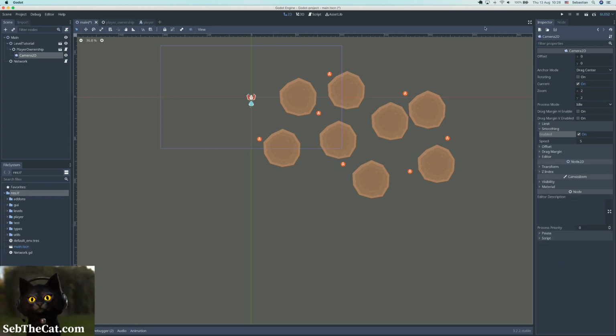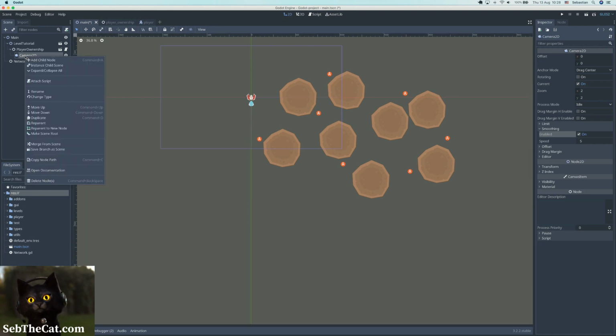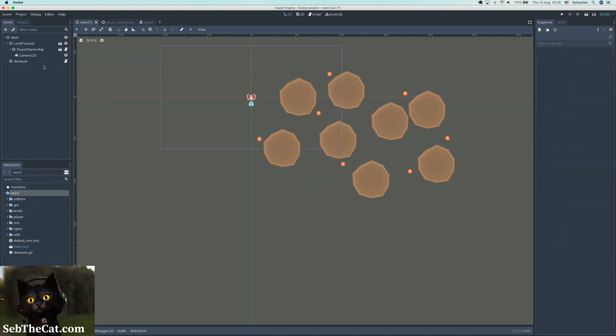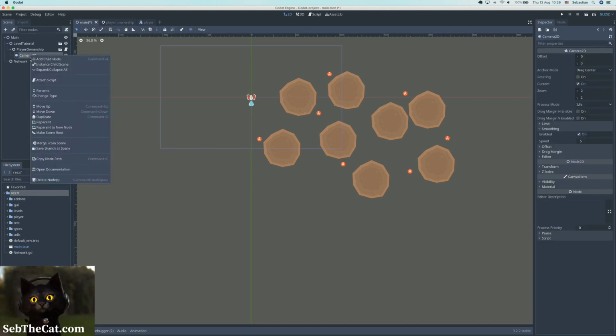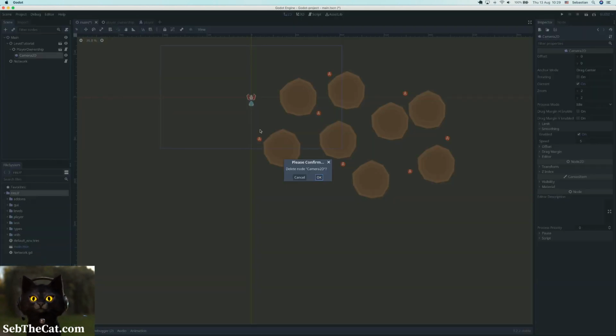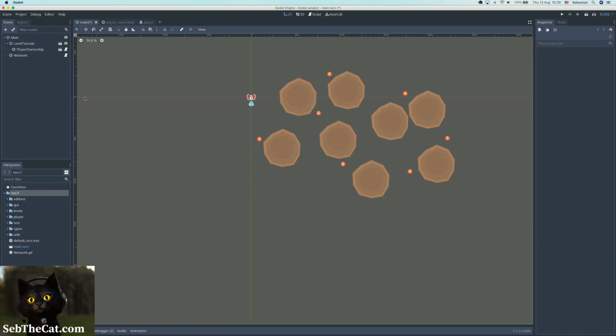Cool. All right, so that should give us, in fact, I'm actually starting to think we need it as a child of the player, don't we? Not the player ownership. So player ownership is sort of just a blanket node that,